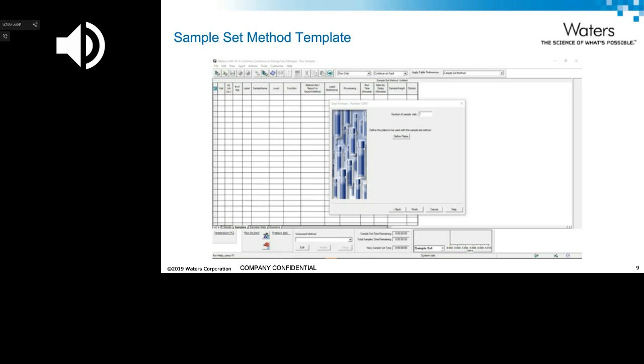So this is great for a QC environment where we're doing repetitive testing. So I hope that answers the question about the differences between the sample set, which is data, the sample set method, and the sample set method template, which are methods and can be found on the Methods tab of the project.